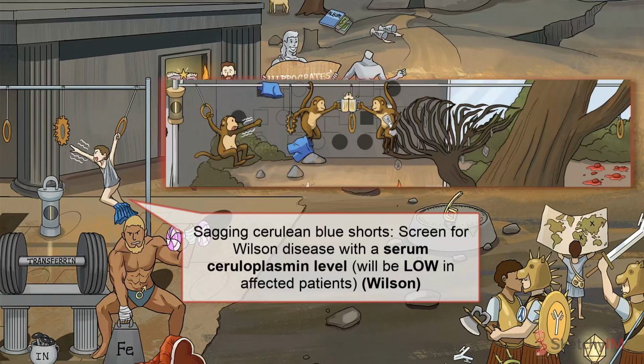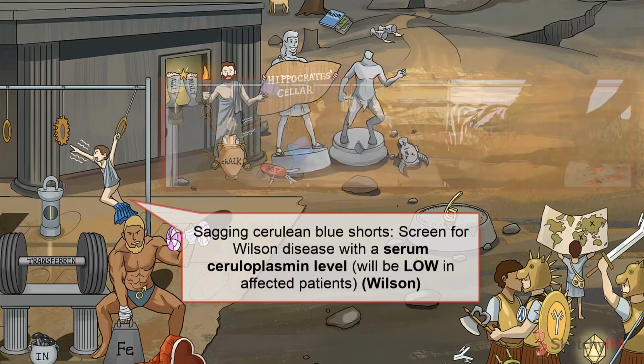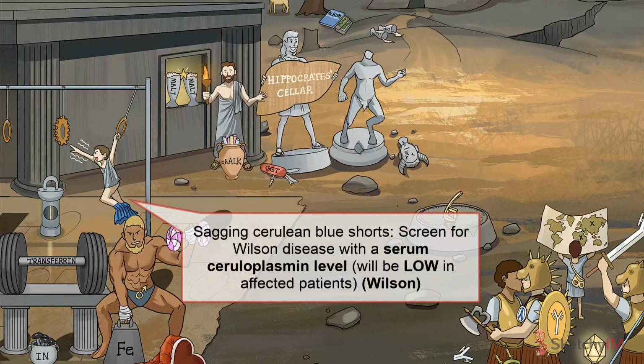If you watched our acute liver video, you may recall that in the acute setting, the serum ceruloplasmin level isn't a terribly reliable screening test. Both falsely elevated and falsely low test results are not uncommon in patients with acute liver disease. Fortunately, the test is more reliable here on the chronic side. In other words, most patients with chronic hepatocellular disease secondary to Wilson's will have a low serum ceruloplasmin level, just